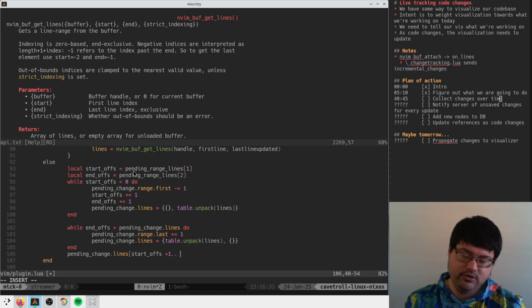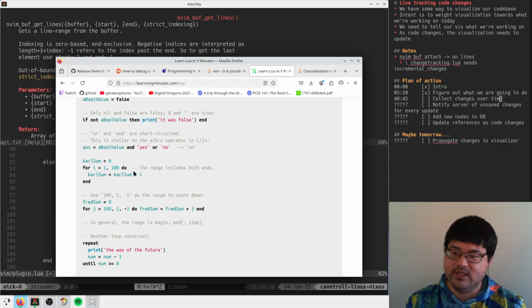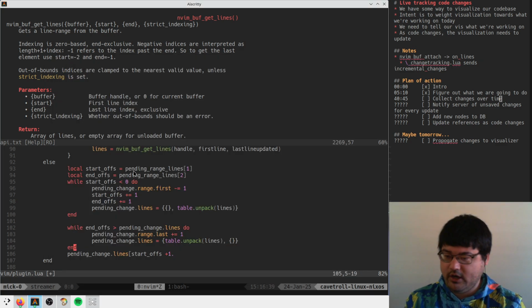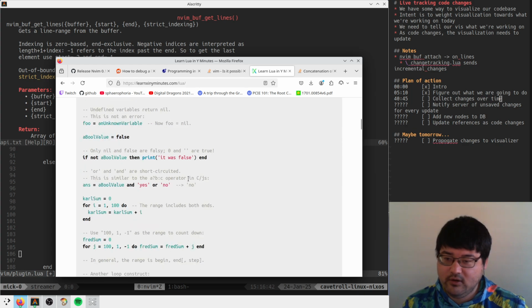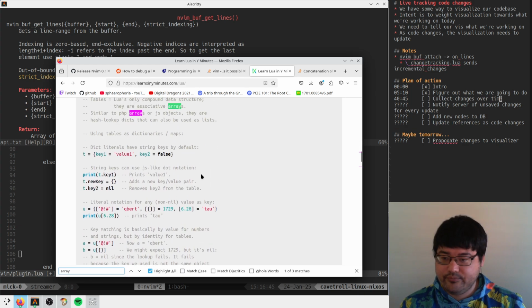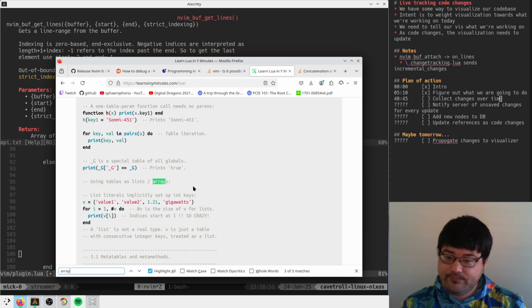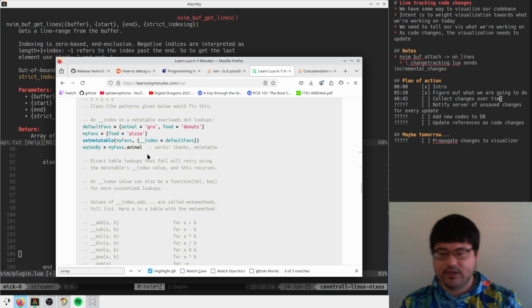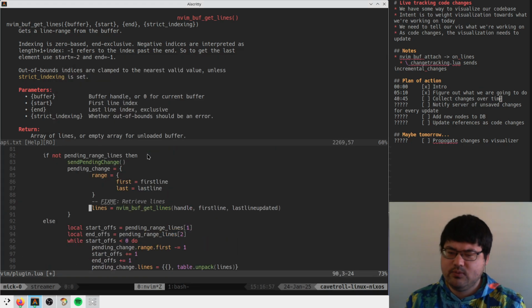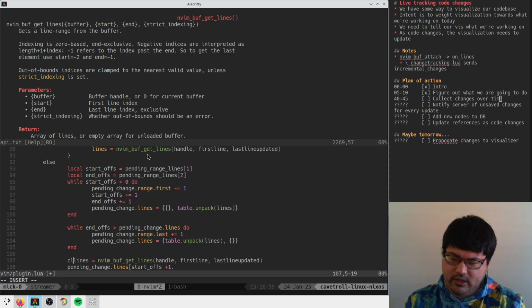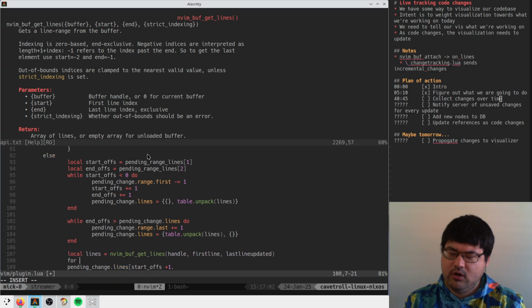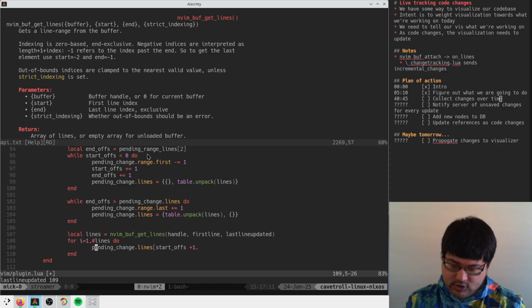is there like a table slicing in this language? Probably not. Well, we can look. Is there like array? Yeah, I'm gonna assume no. So I guess what we'll do is we'll get local lines, right? We'll go for I equals 1 to number of lines. Do end. Okay, okay. Pending change lines at